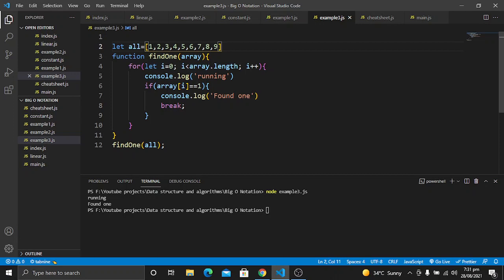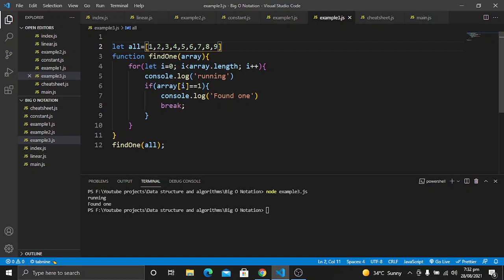So this is the way you can understand what the best case scenario is. In the best case scenario, we have just run the minimum operations that we can run. So we can run this one operation, which will be the minimum operations. So this will be the best case scenario, in which our loop has run only one time.